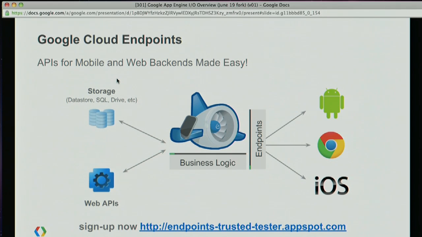What we brought you with cloud endpoints is a really easy way to make mobile backends and backends for web-based applications using App Engine. So it exposes a REST API for Android, iOS, and web applications. There's a JavaScript client library, strongly typed client libraries in Java and Objective-C, as well as we take care of all that OAuth 2 that no one wants to learn about.